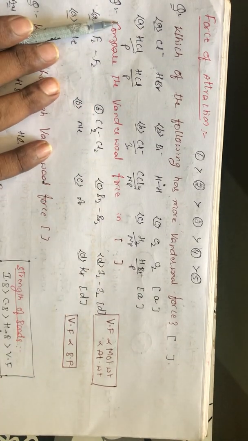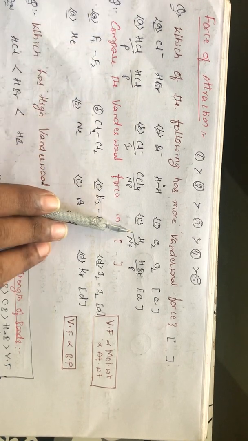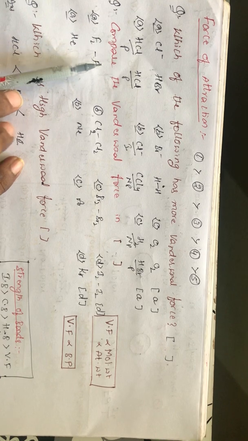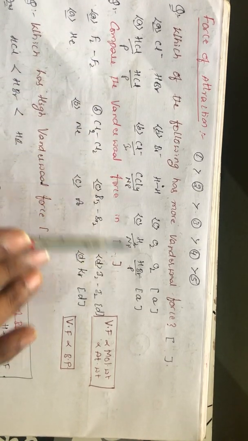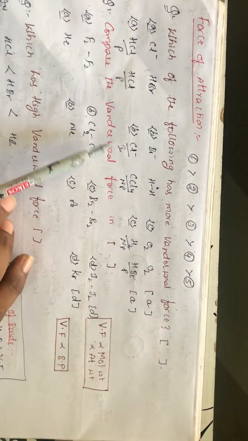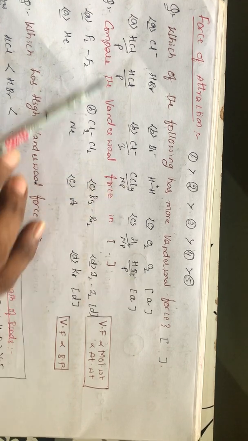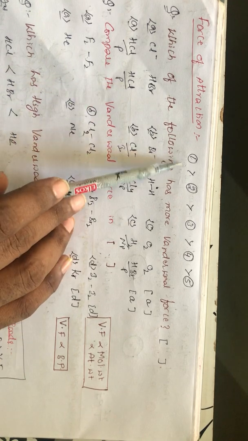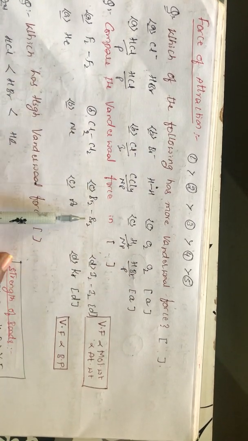If you go for another one, HCl, this is another question, students. Among these, we find out which one will have the strongest force. If you take the example HCl, HCl, Cl minus, CCl4, H2, HBr, which will have the highest one? Ion dipole will have the highest, but you don't have an ion, you have non-polar, not dipole, right? So this can't be. After that, dipole dipole means polar molecule with polar molecule. This one will be the highest. If you are good at this order, automatically you can solve this. Compare the van der Waals forces now in this type of molecule.